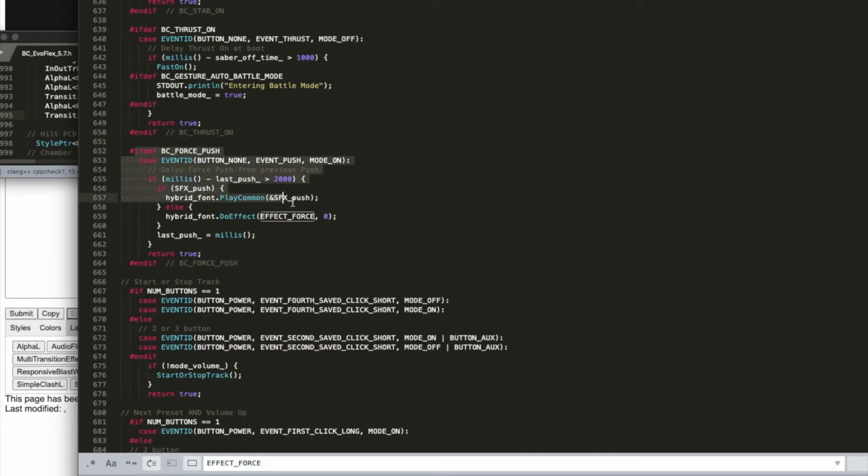The force push is set up so that when it detects a push, if it's been more than 2 seconds since the last push, and if you have a sound effect called push, it'll play the sound effect push. Otherwise, it's just going to play and do the force thing, like the same as if you did your force effect. But this syntax here, calling hybrid fonts effect, do effect, effect force, is the template. So I literally copied that and changed this to user 3